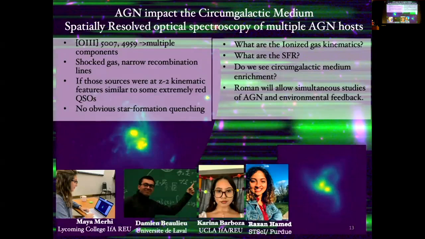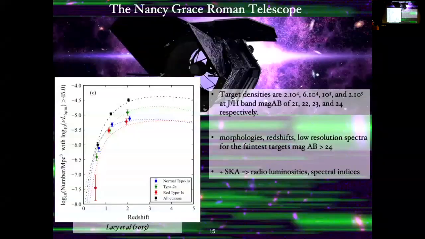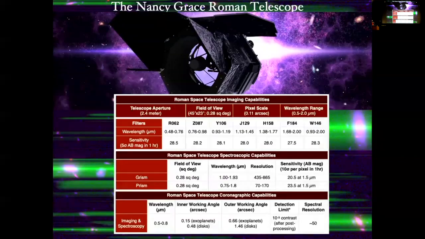especially for certain kinds of galaxies, in particular galaxies with multiple AGN. One of my favorite galaxies is Markarian 266. It has 2 AGN and a loop that may be spilling stuff into the CGM, and it's something we will be able to study more with both JWST and Roman. So as mentioned, Roman will be very exciting for obscured AGN because it will allow us to get morphologies and redshifts at the very redshifts where those populations of galaxies seem to evolve differently. And I will end with some of the properties of Roman.